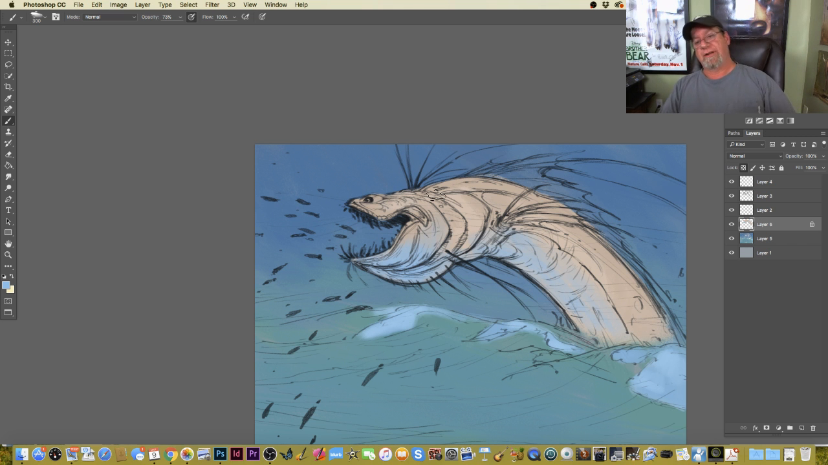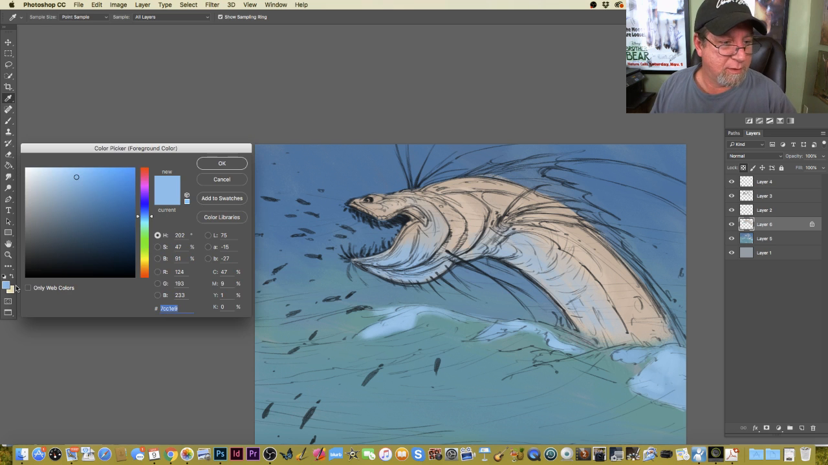So this is kind of fun. I like this. I like the color change happening here. Now I'm going to go a little, once again, looking at the